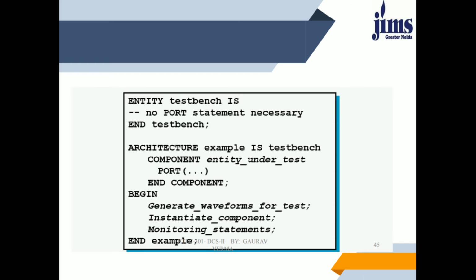This is required to generate a waveform. So in this way, we will initiate the test bench. In writing a test bench, we just need to know the basic structure of the circuit. So this was all about writing a test bench.